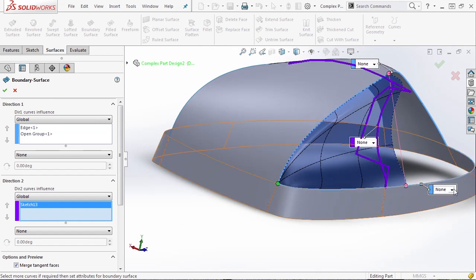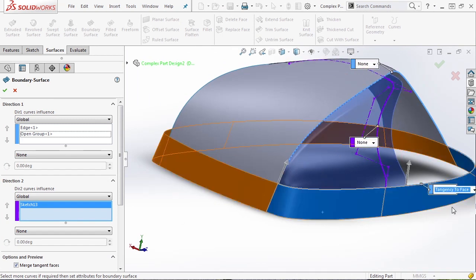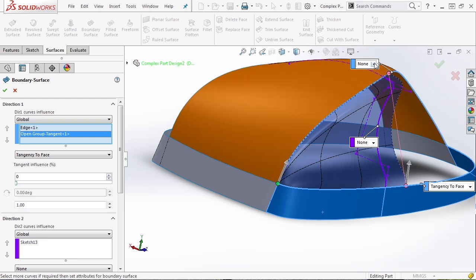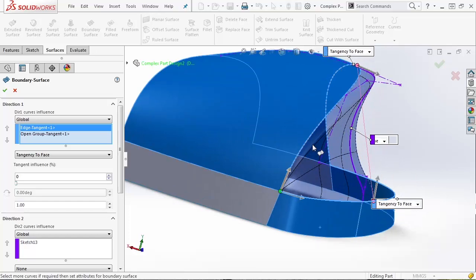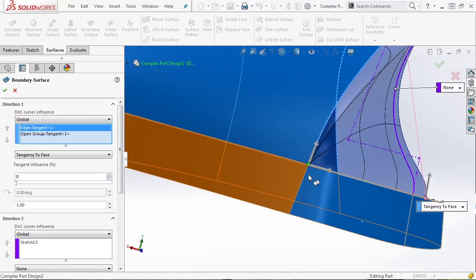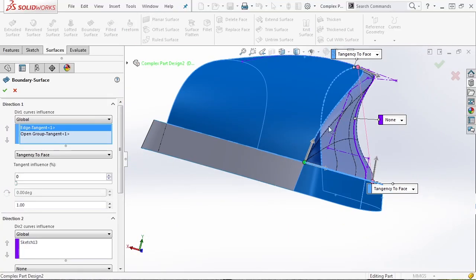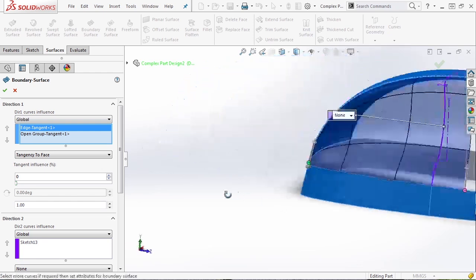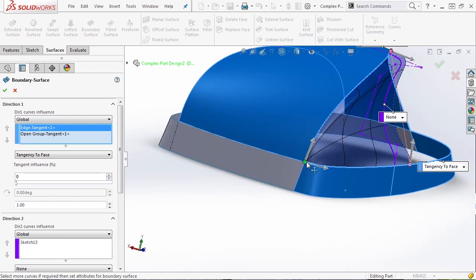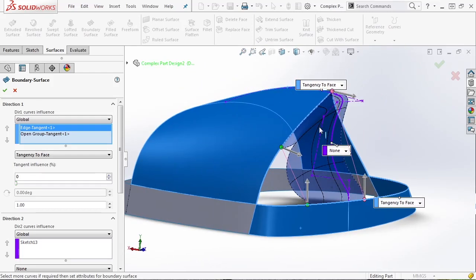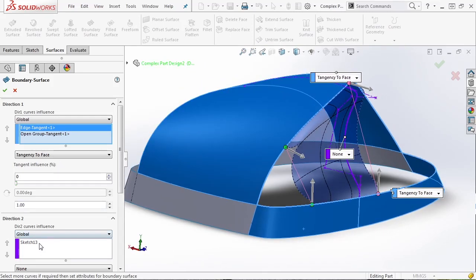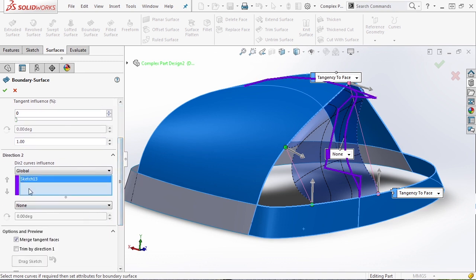So what I want to do is take this bottom edge and give it a tangency to face relation. I want to take this top edge and give it a tangency to face relation. Now we can take a better look to see how it blends into these corners. It takes this sharp edge and really blends it down into a point. I'm not sure that I really like the way that happens. So I'm going to take these green points and drag them back as well. Again, what this does is give me the available option to really figure out how I want this to work out. I'm going to take this sketch, in this case sketch 13, and say normal